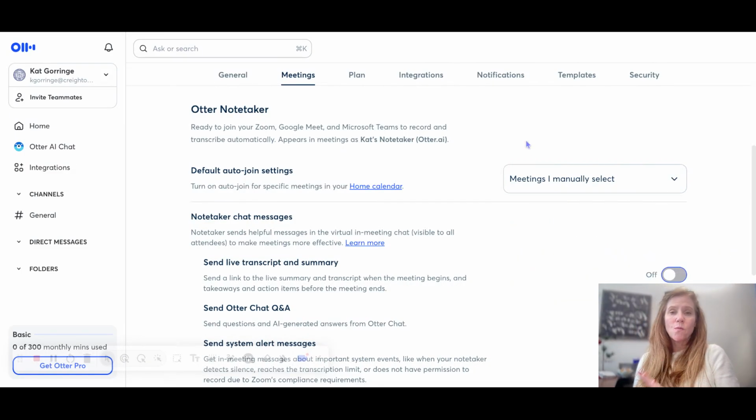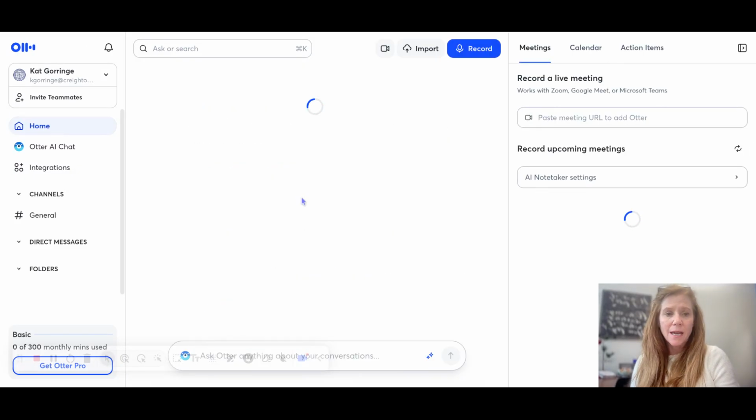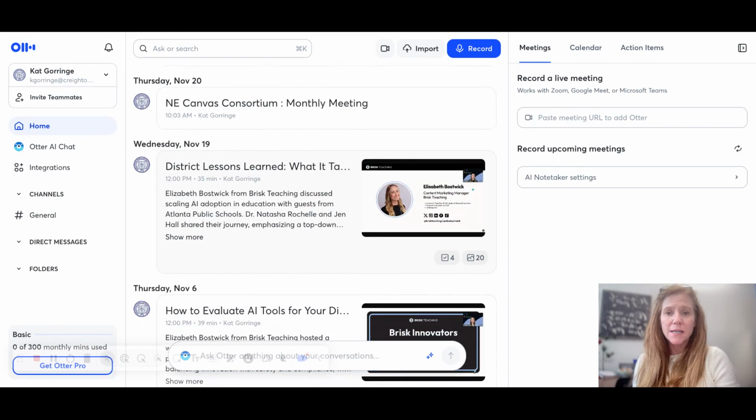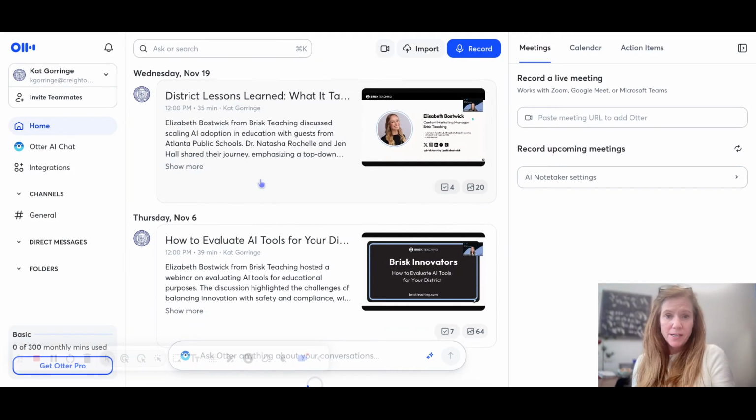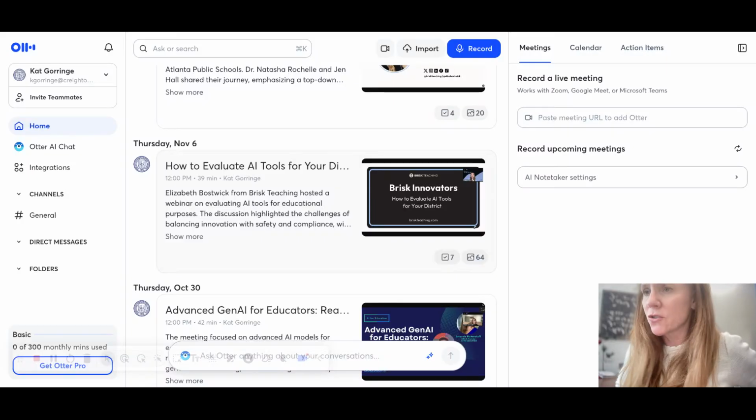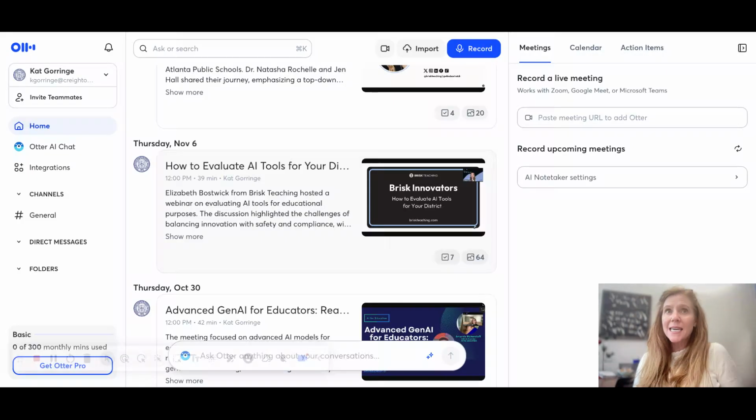Why it can be a bad thing and what to be mindful of is if there's ever, and I mean, you look at some of the meetings I'm attending, there's not going to be probably anything privileged talked about at a meeting about Brisk, right? Nothing privileged, nothing super secret or anything like that. But say this is a meeting that you're having with one of our counselors and a parent, and it's on your calendar and it's going to happen over Google Meet or it's going to happen over Zoom. This will automatically send itself there to start taking notes.